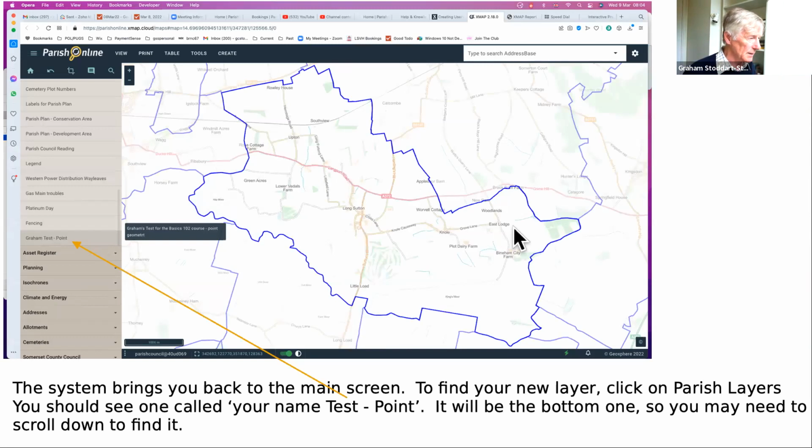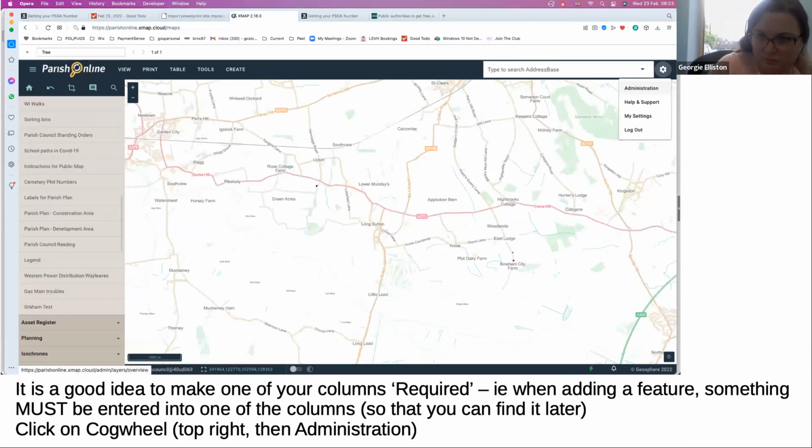So you should now be back on your main screen, and you should have a new layer. Remember, you have to go down to the bottom of the parish layers to see your new point layer. Then we have to make the name column required, which, if you remember, you go up to the cogwheel in the top right, click on administration,